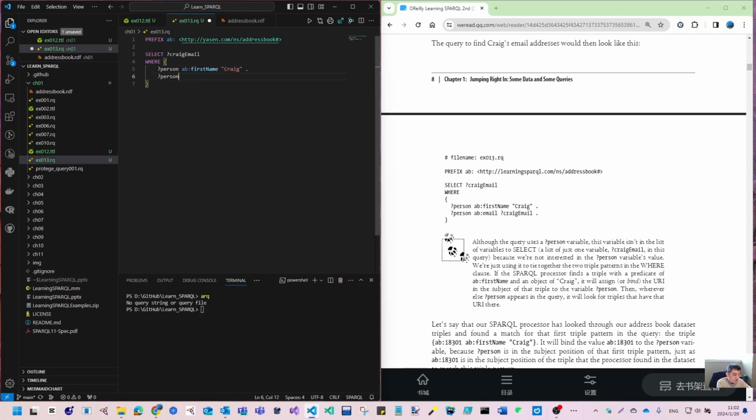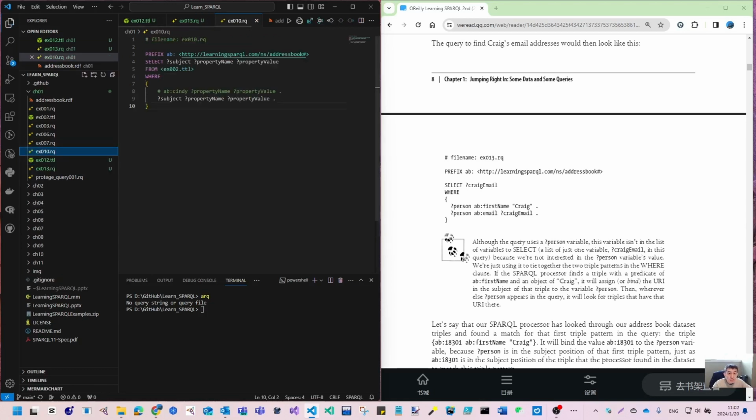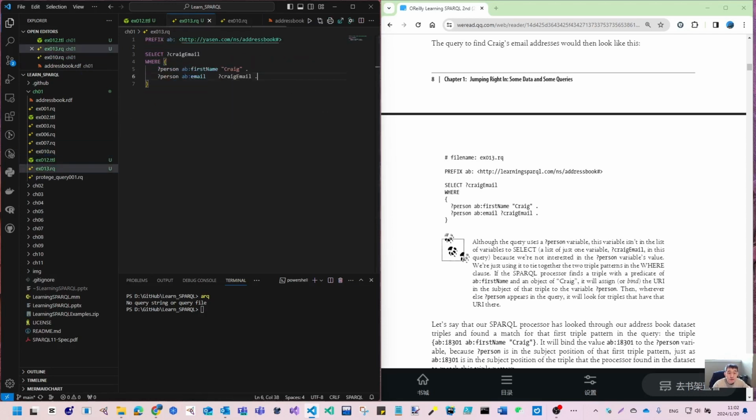Then we use the second one, the AB, the email. We found this, the question mark correct email. You can have this auto complete. And you remember what we have done. So from, we can use this one, select the from. Then you don't need to use ARQ data file, query file. You just need to appoint the